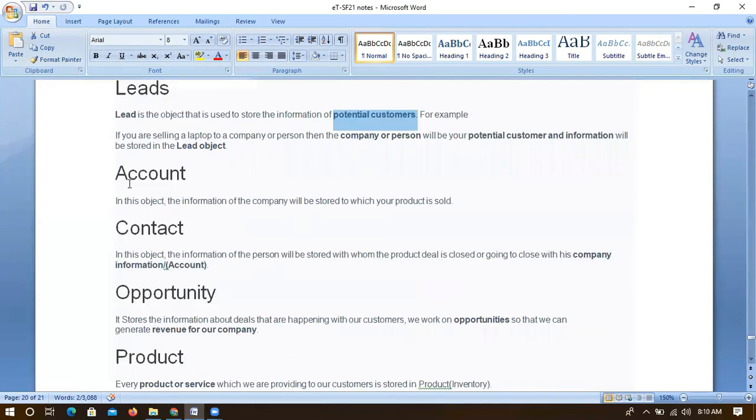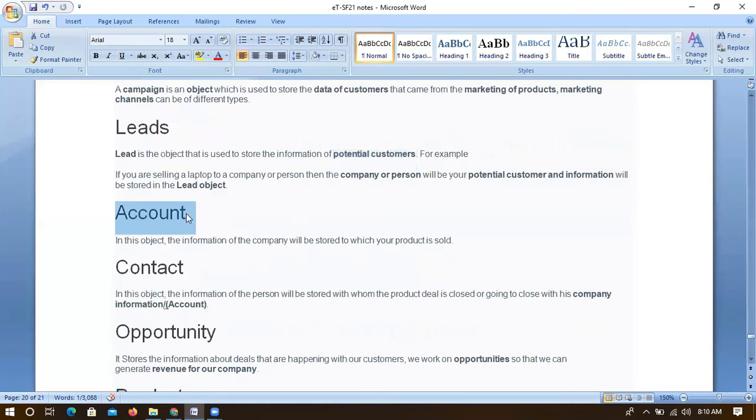Now, when we create an account, it means we are converting this lead, in the backend. When we convert that lead, it means he completely agrees.